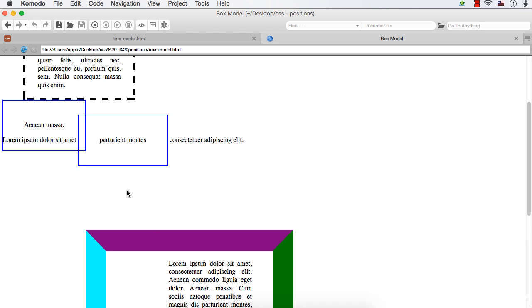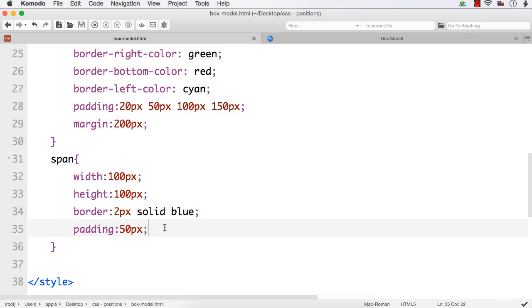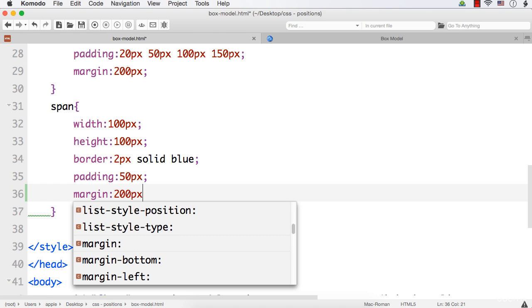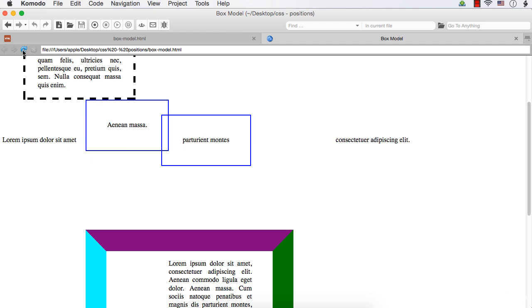Now when it comes to the inline elements, you cannot have margin for the top and bottom. Margin will be applied only for the left and right sides. So suppose I specify a margin value of 200 px. What will happen? There will be a gap between the left and right sides, but there will be no gap on the top and bottom sides. Let's see that. Save. Let me refresh.